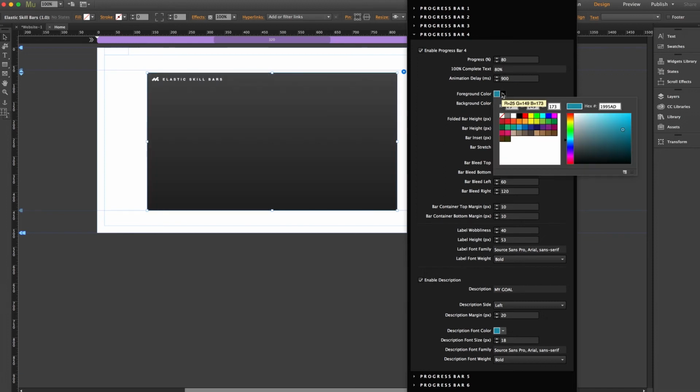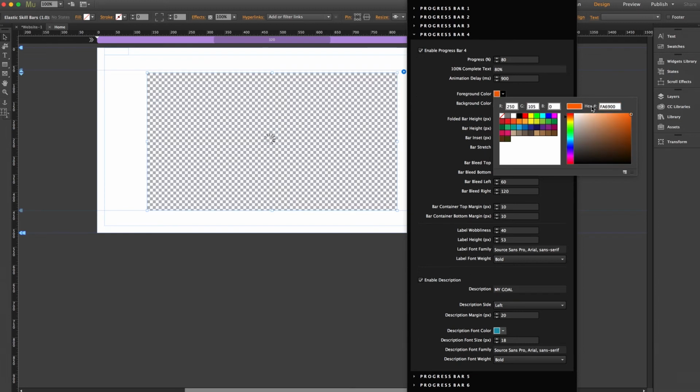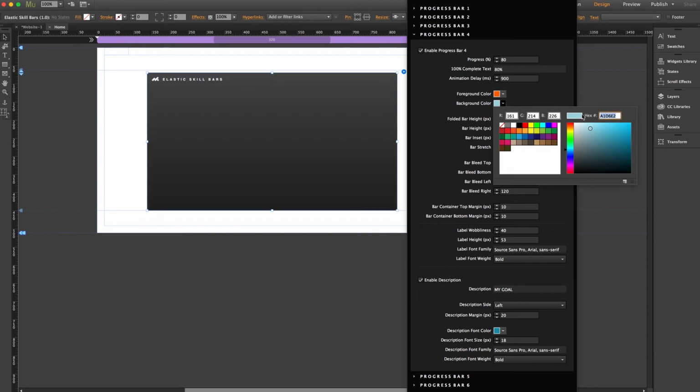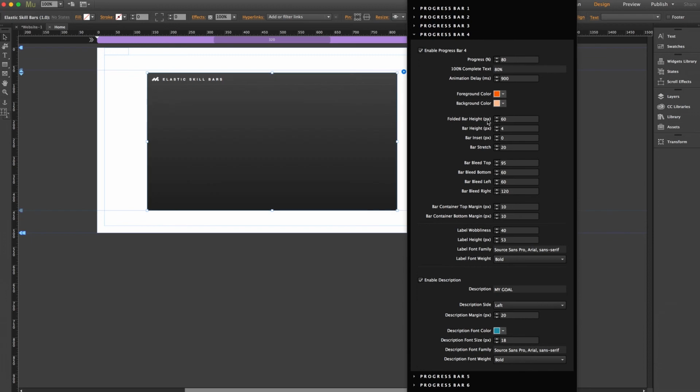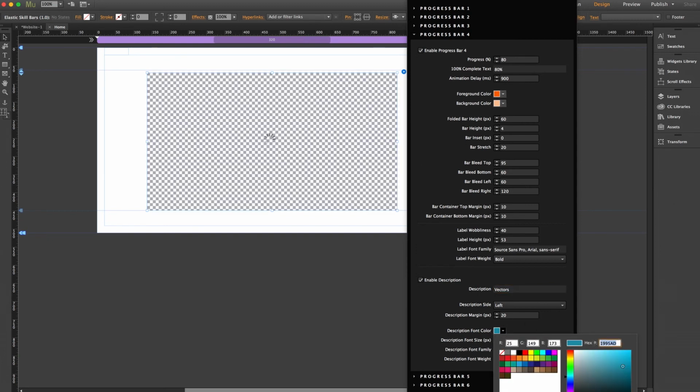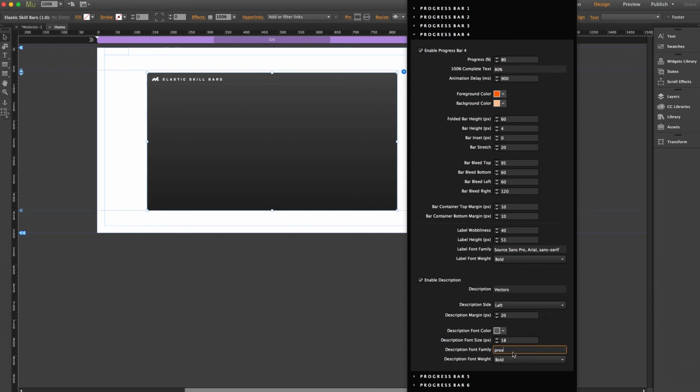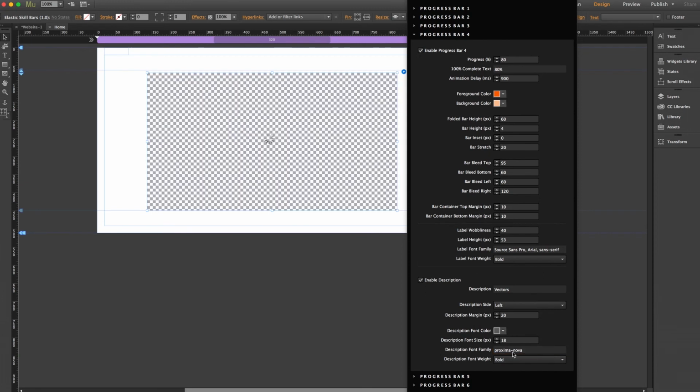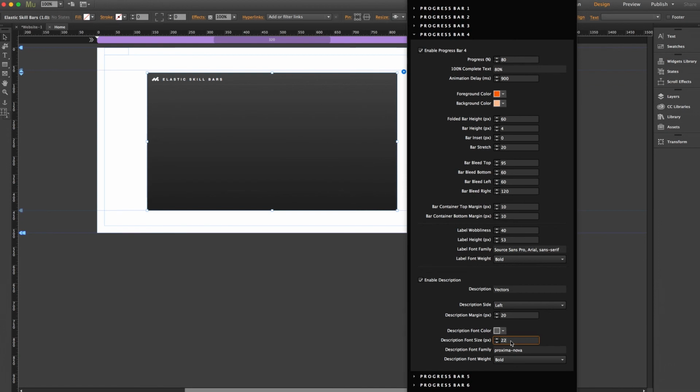For foreground color, I'm going to use the same custom orange colors that are used on the other ones. So for this one here, we'll do FA6900. And for background color, we'll do FDC399. Now for description, let me title this one as vectors. Description font color, I'll do all 6s here to keep it consistent. Font family will enter Proxima-Nova. And description font size, we'll put at 22. Perfect. Now let's give this a browser